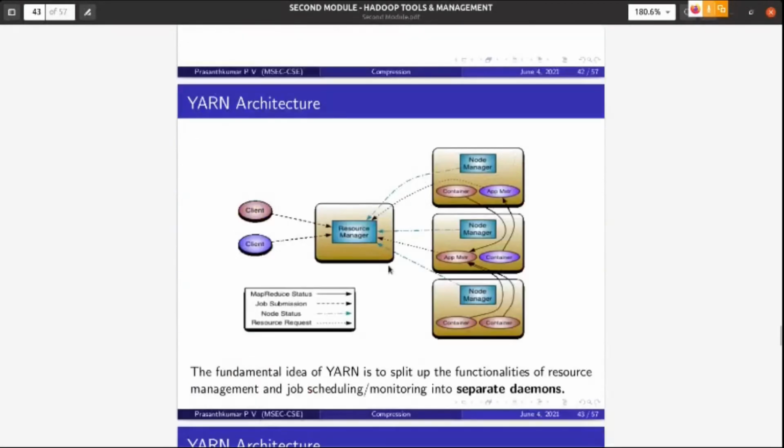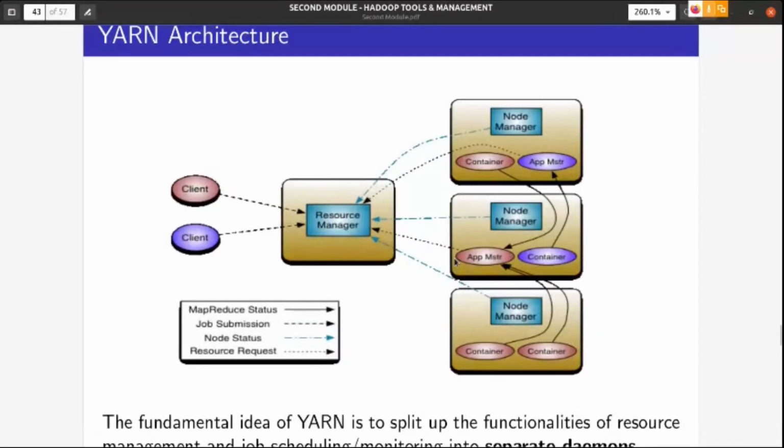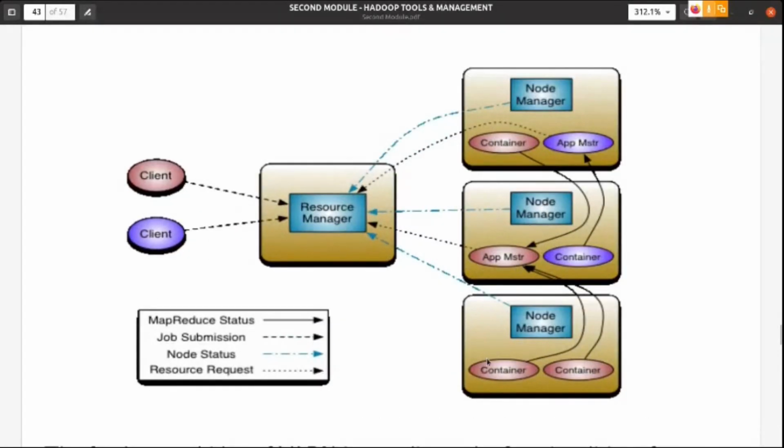In the diagram, you can see this application master with 3 containers started. How did it start? First, the client submitted the MapReduce application to the resource manager. Then the application manager in the resource manager started the application master. The application master is on one node, and it is responsible for this particular job submitted by the client. Then the application master requests the resource manager for the resource to run this application.